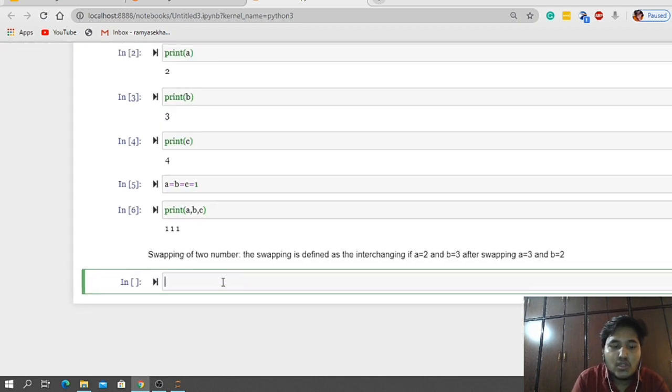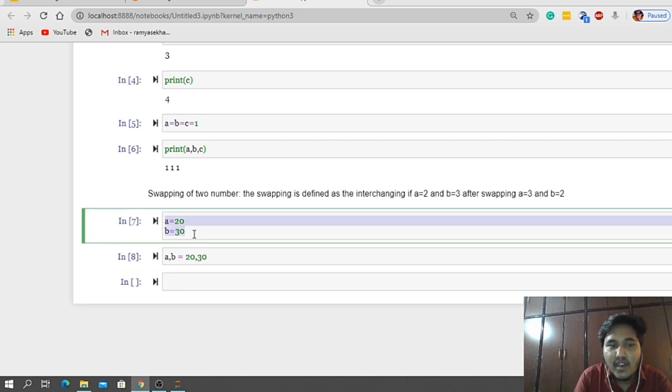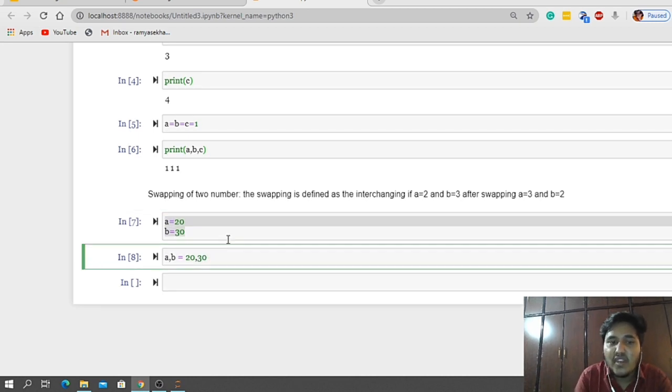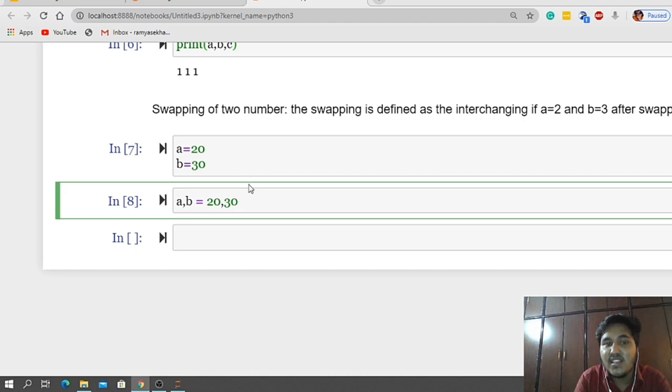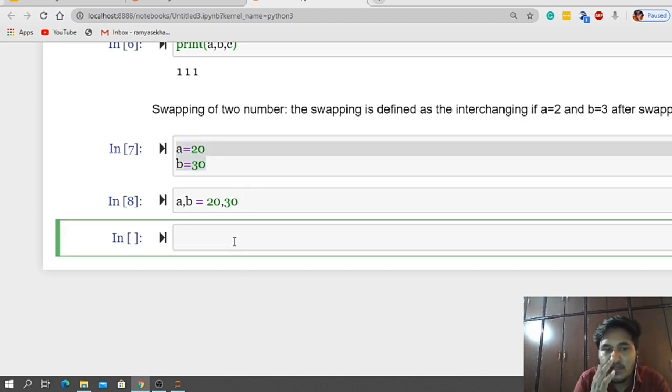Now let me assign the value of A to be 20 and B to be 30. So assignment is done like this. This is also possible: how can I assign both variables at a time? Like this, right? A comma B is equal to 20 comma 30. This is also resembling the previous one. We can do it in whatever way we want, but Python is providing it like this, and all the other remaining languages provide it the other way. So if you want to swap two numbers, how can I swap them? Let us talk about that. After swapping, what might be the output we are getting?